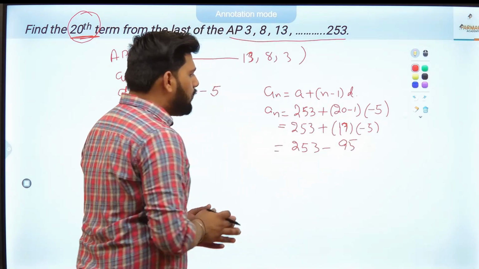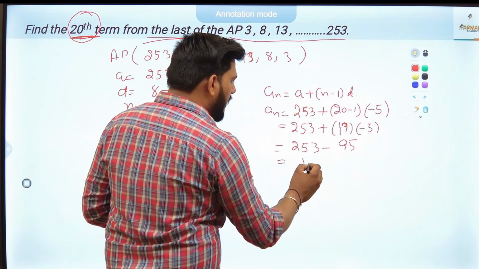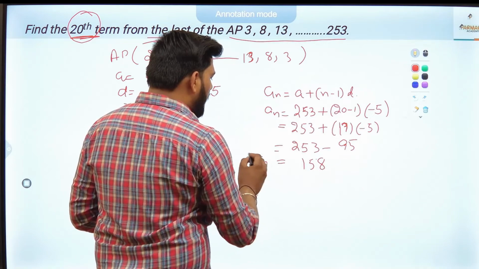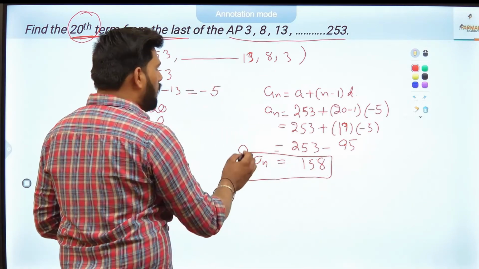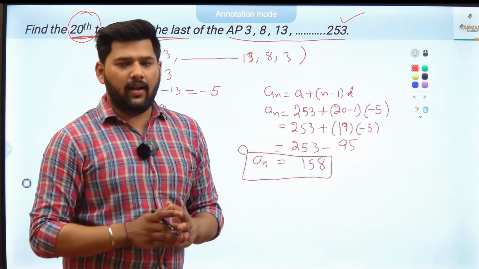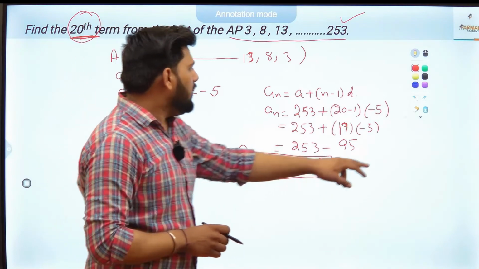So this time we have to subtract 95 from the 253, that is 158. So the 20th term from the last of this given AP is 158. This is how we can find the term from the last. The next one is